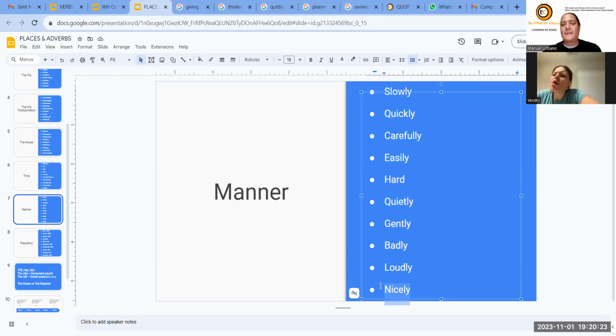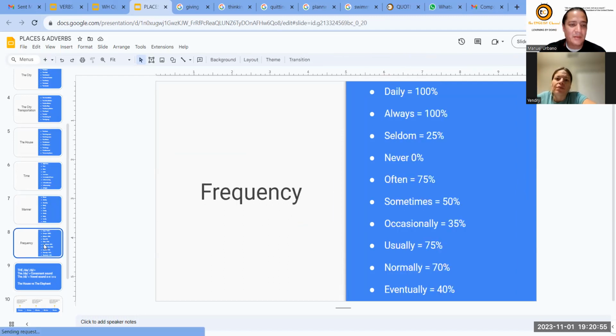Loudly is when it's very, very loud, like when you go to a concert and the music is very loud. For example, just off the top of my head, you can say he cooks loudly, because he likes to chop onions and make noises with the glasses and the pots. So when you hear a lot of noise, loudly. Okay, good.